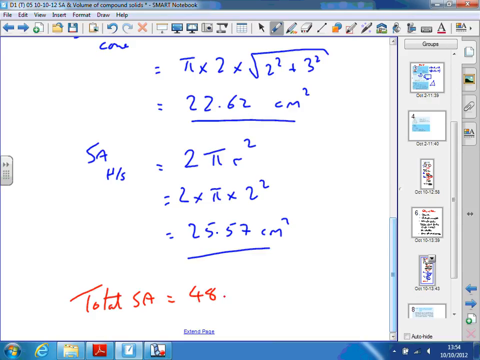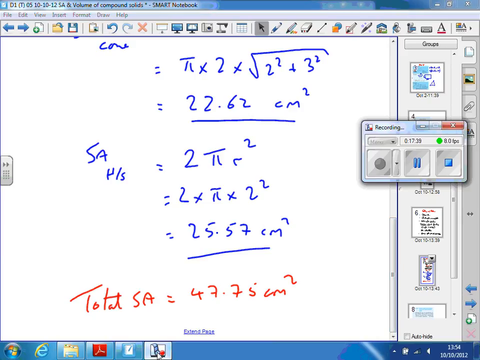Have we worked it out? Yeah, it's 25.1, not 25.57. Oh, is it? Okay. 47.75 square centimetres. So a bit of a dispute about that second one. But okay, that's what you do. And I forgot to put the